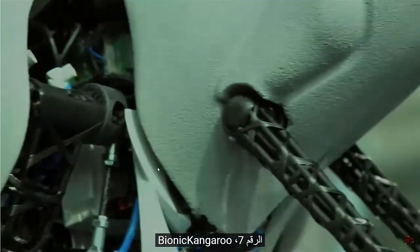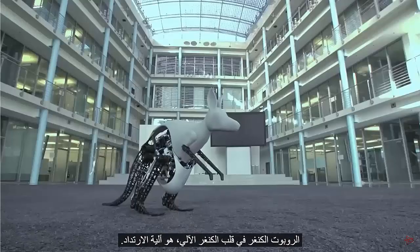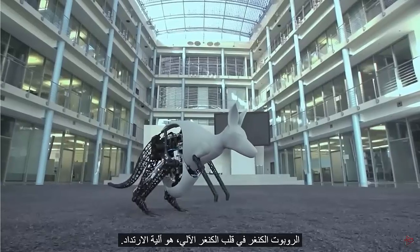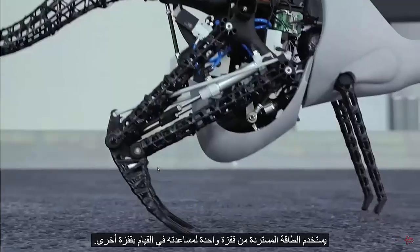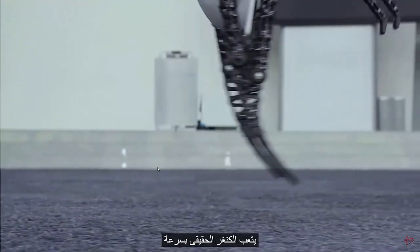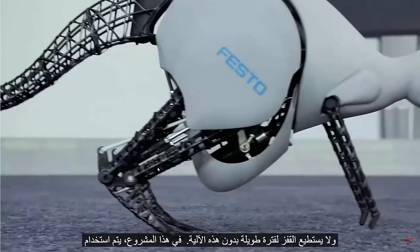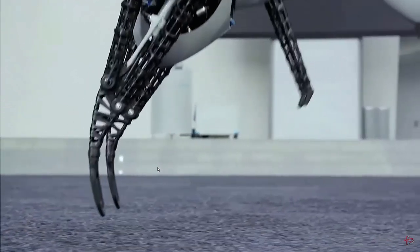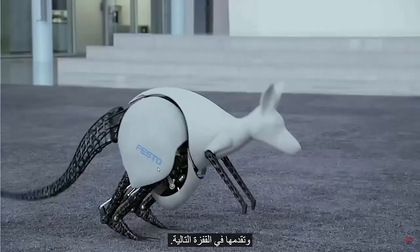Number 7. Bionic Kangaroo. The kangaroo robot at the core of the bionic kangaroo is a mechanism of recuperation. It uses the energy recovered from one jump to help it make another. Real kangaroos quickly get tired and could not jump for a long time without this mechanism. Springs that store mechanical energy on the landing and give it away on the next jump are used in this